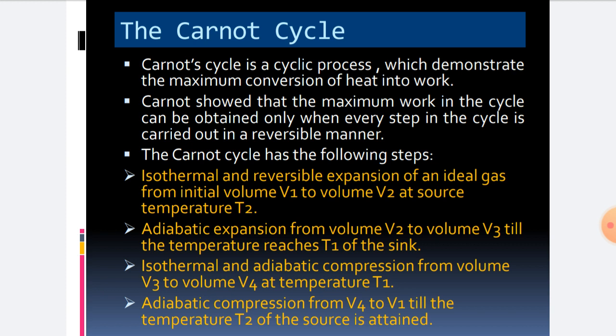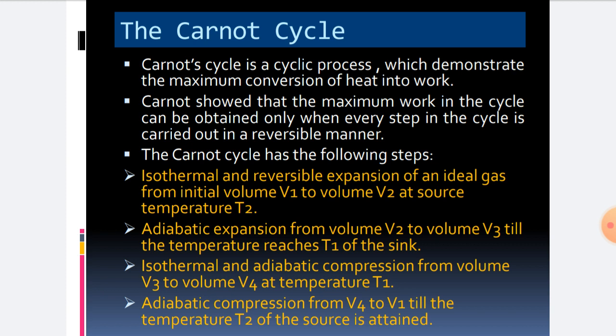This type of ideal and reversible heat engine exchanges heat and work with its surroundings by allowing the working substance, which may be any gas or steam, to go through a sequence of four reversible processes which constitute the Carnot cycle. At the completion of each cycle, the working substance is restored to its original state so that a fresh cycle can be started. The Carnot cycle consists of four stages